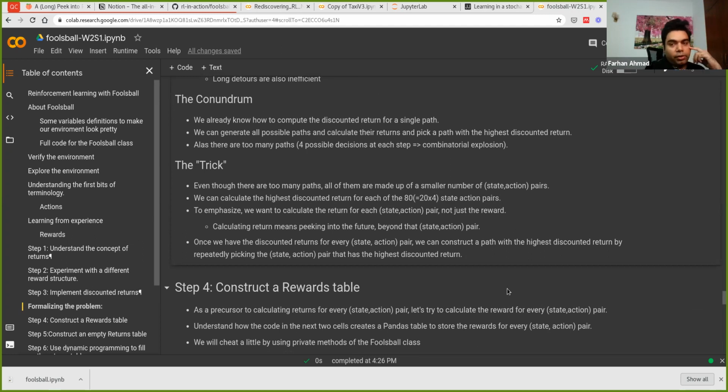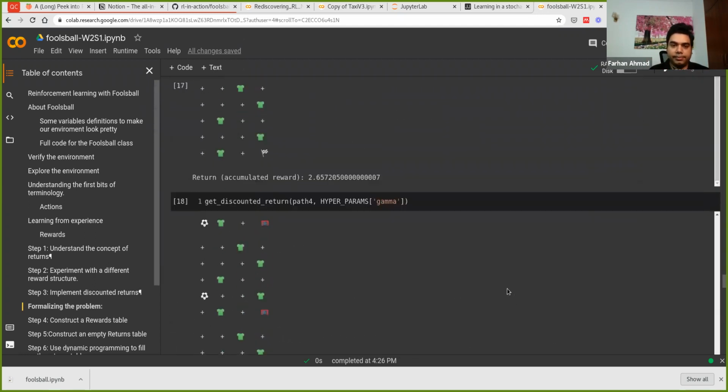Then the trick that we use is that we realize that okay, we cannot compute the discounted return for every path, but we can still do that for every position on the game or every cell on the game, right? Because all the paths are made up of essentially these 80 different possibilities, 80 state action pairs. So if you think of any of the paths,